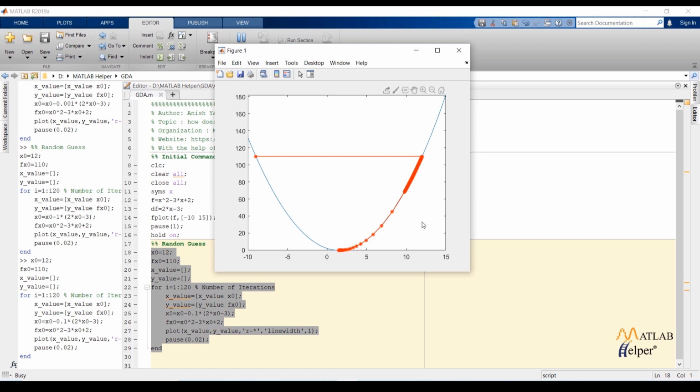So we can conclude from this analysis, gradient descent is an optimization algorithm which we can use to find the global minima of a function. Values of iterations and learning rate are important to get the minimum value of the function. In machine learning and deep learning, we use gradient descent to get optimum values. This will end our video. In this video, we have seen the internal working of gradient descent.